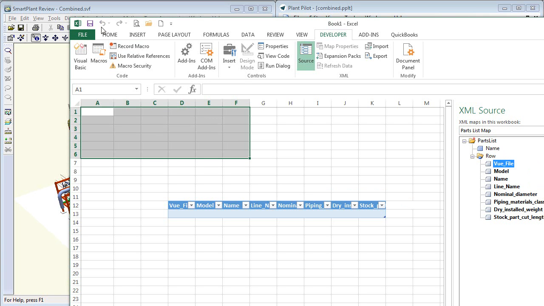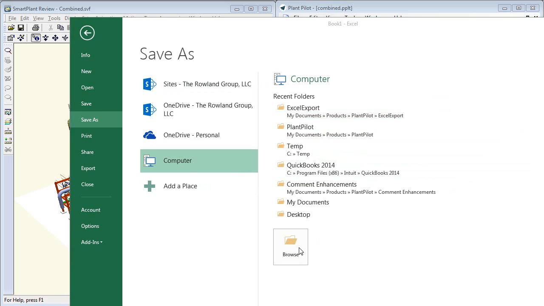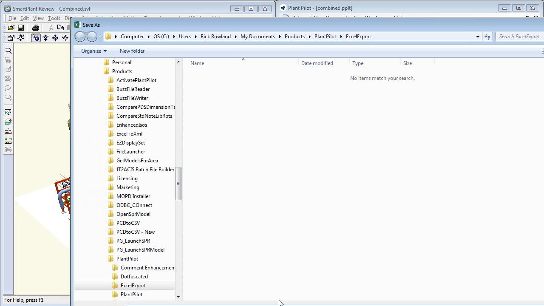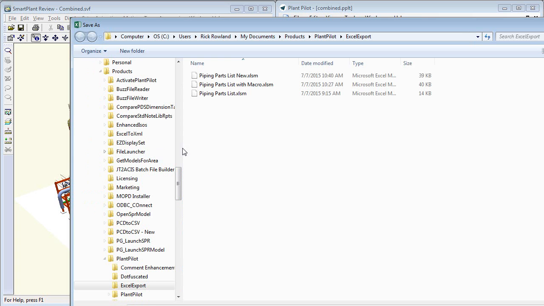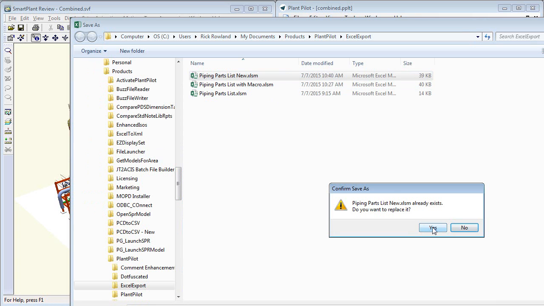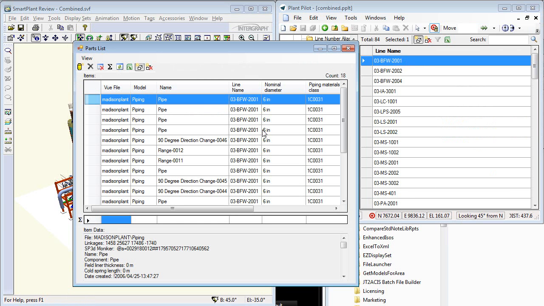So if I save this file now, I would have a template that I can use to do my future exports with this parts list. So I'm going to save this, and I'm going to actually save this as a macro enabled workbook, and we'll save that. And then if I close this, now I come back to Plant Pilot and to that parts